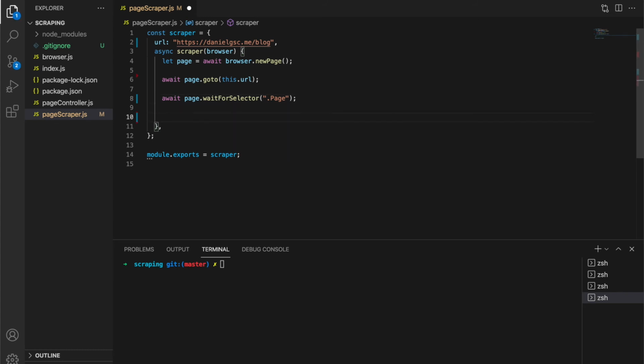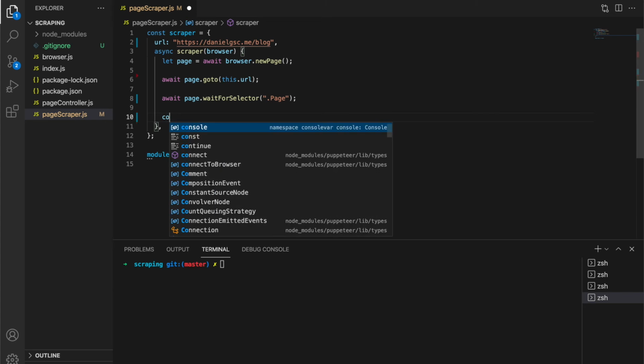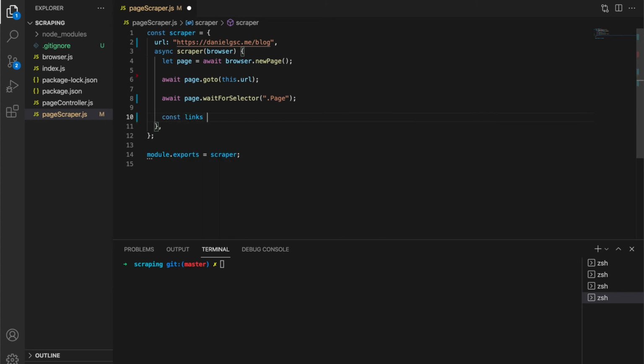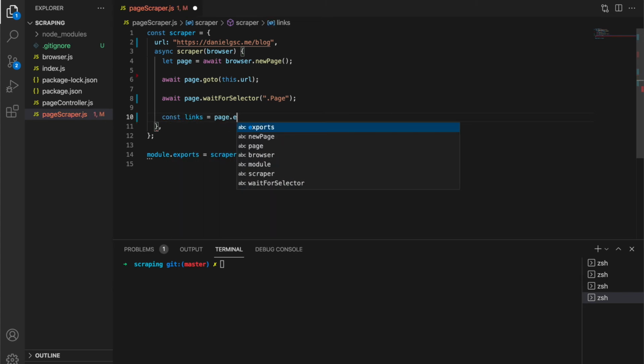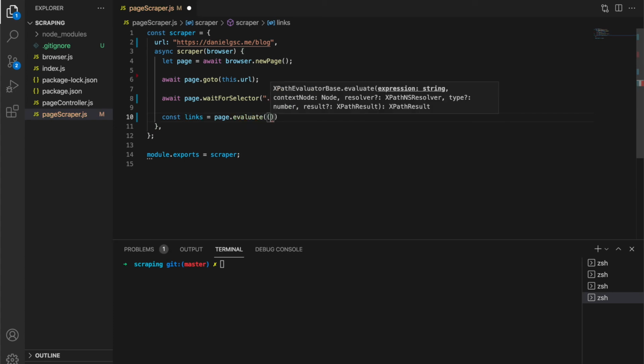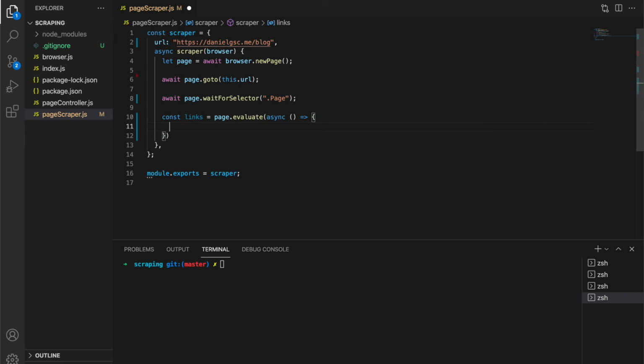So first thing we have to do is grab all of the links in order for us to go to them afterwards. So let's say const links equals page.evaluate async. Then let's say links equals empty array. And then let's grab all of the elements that correspond to blog posts.